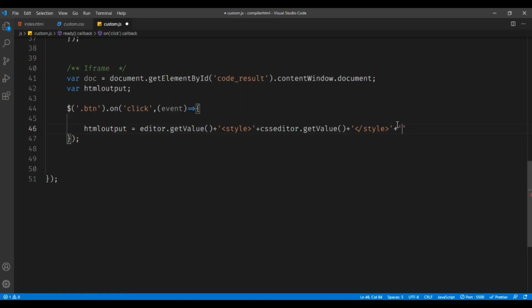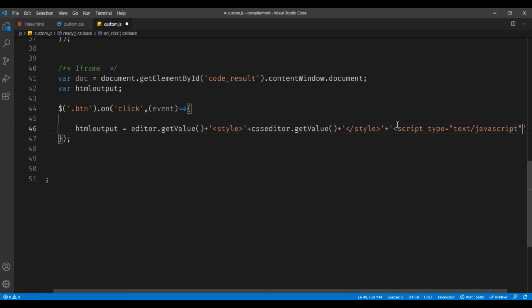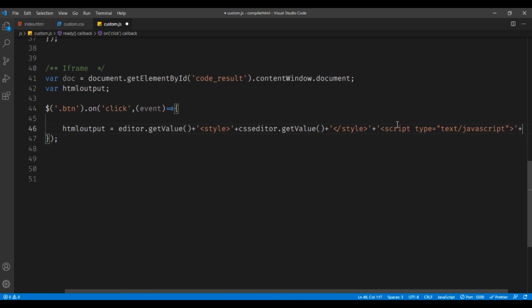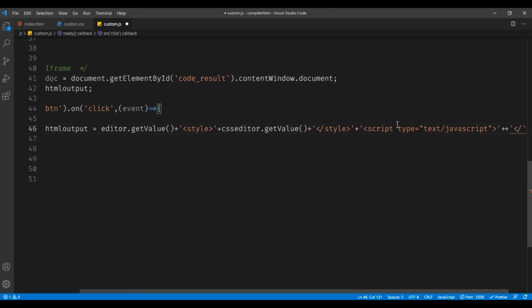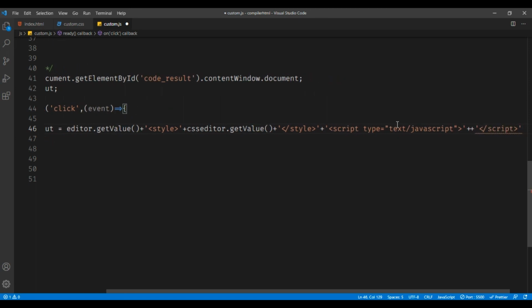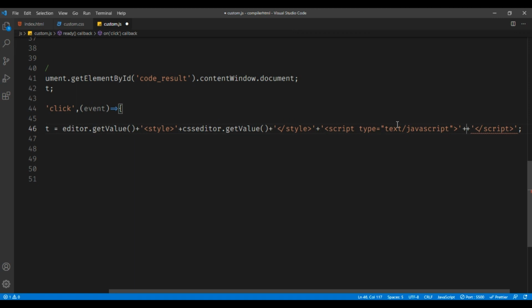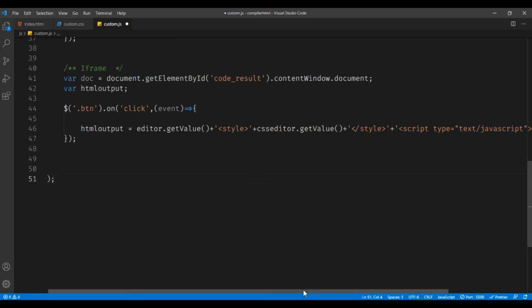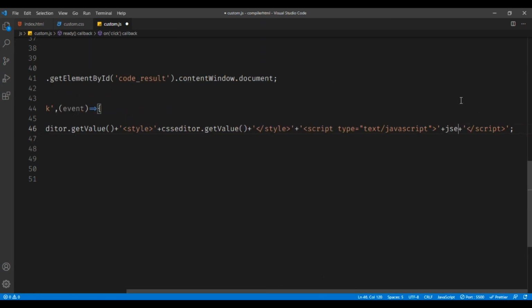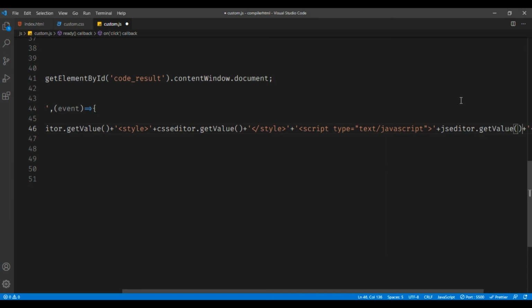Now another thing is we have to use script type equals to text slash JavaScript using a plus ending the script. Okay, now this will be JS editor dot get value.